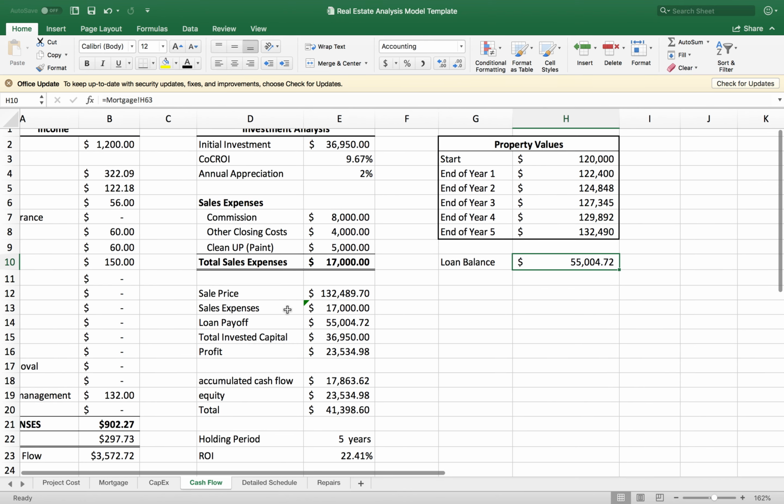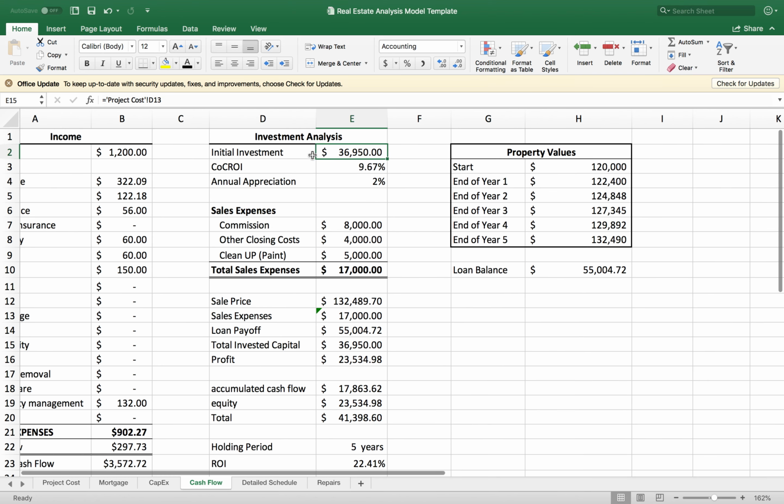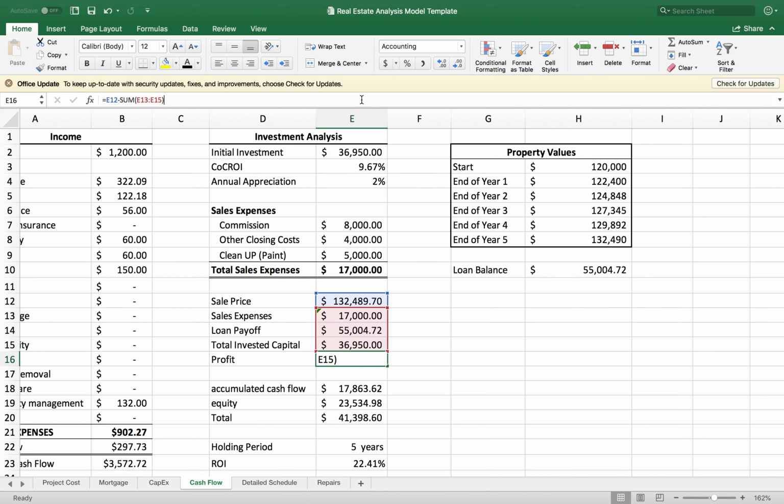So we want to make sure we factor that into our transaction here. Our total capital invested is the same as our initial investment. Now I'm going to subtract the sell expense, loan payoff, and total capital invested from the sell price, which gives me